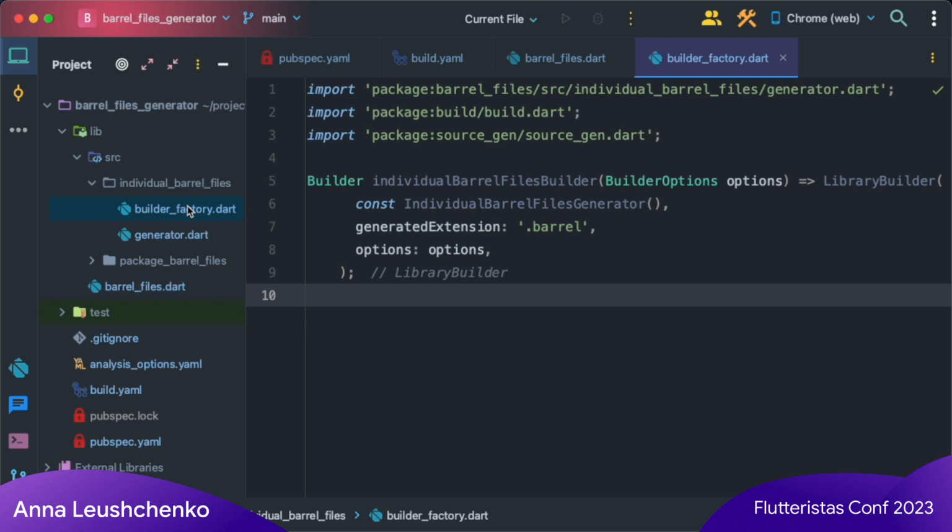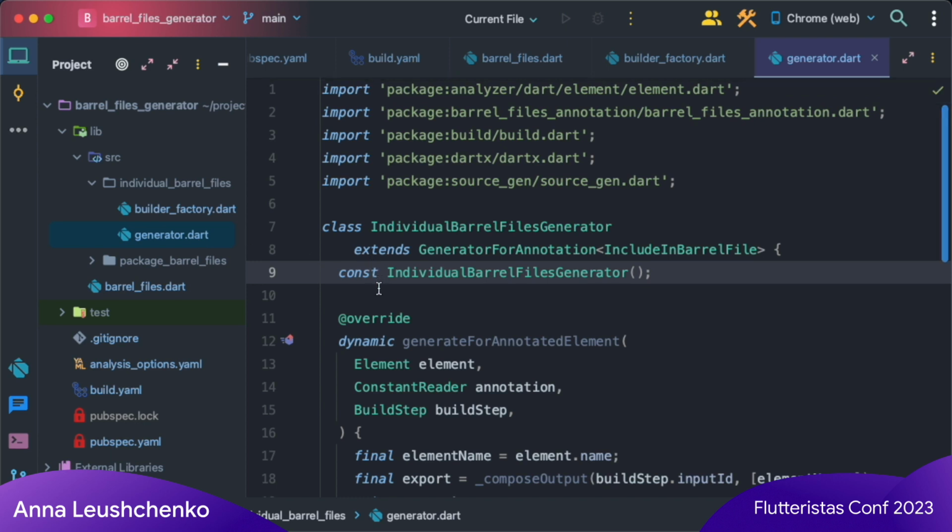It uses a library builder from the source_gen package because we are going to generate files without part of directives. It repeats the promise to generate .barrel files, assuming the input consists of .dart files, and creates some individual barrel files generator. So let's check it next.